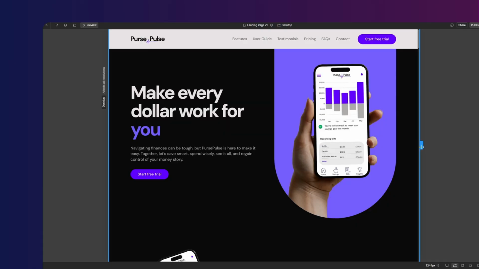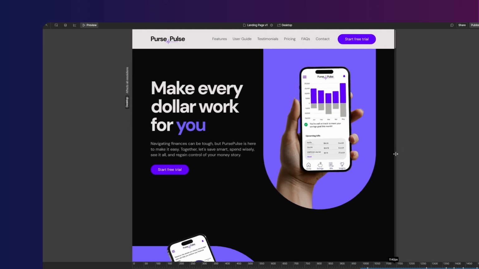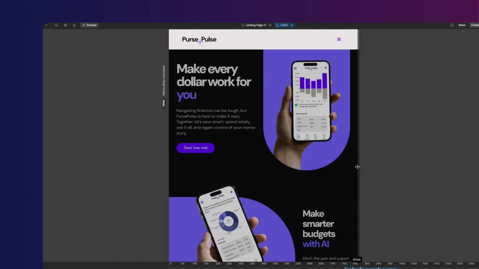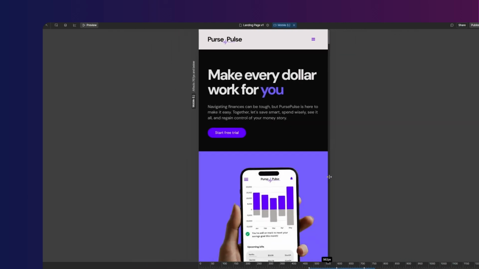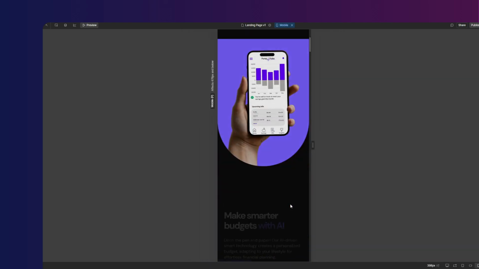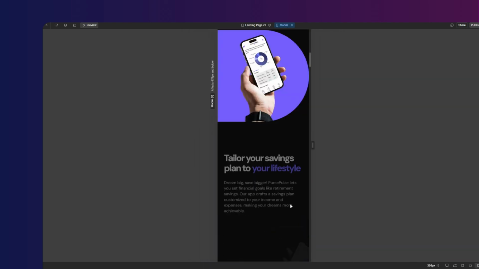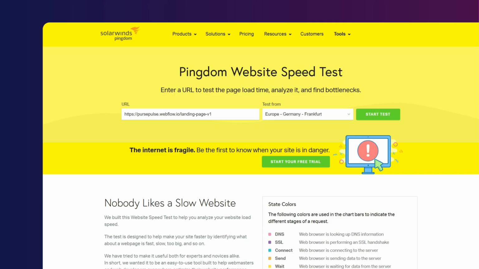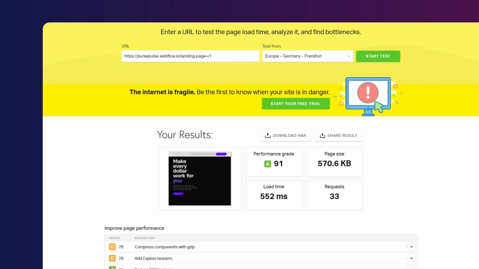Now, obviously, you want a landing page to be fully responsive, which means that it should look good on all screen sizes. So if I change the screen size on my browser, you can see how the layout changes to adapt to the screen size. So you don't need to worry about mobile users not having as good an experience as desktop users. Another really important aspect of a landing page is how quickly it loads. And you can see here that I ran the Pingdom speed test to check its load time and it loads in under 1 second. So that's great for SEO and just overall a great experience for your users who don't need to wait for a landing page to load.